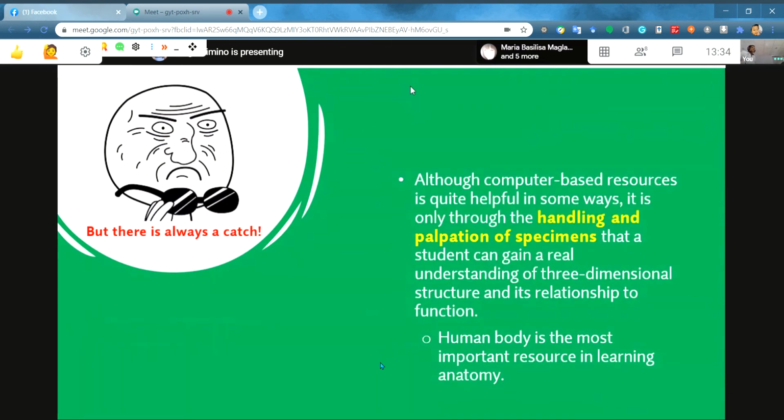It is only through the handling and palpation of specimens that a student can gain a real understanding of the three-dimensional structure and its relationship to function. So the human body is the most important resource in learning anatomy. So there's always a catch if you only depend on computer learning resources, because the actual